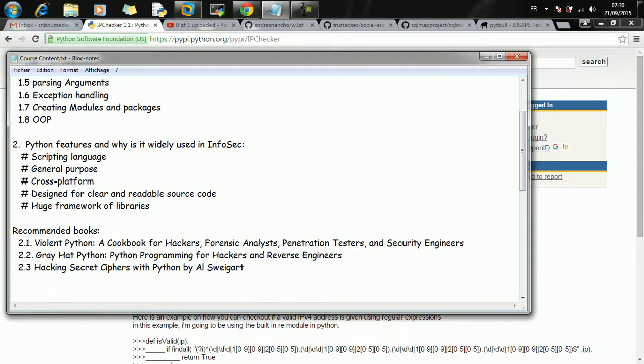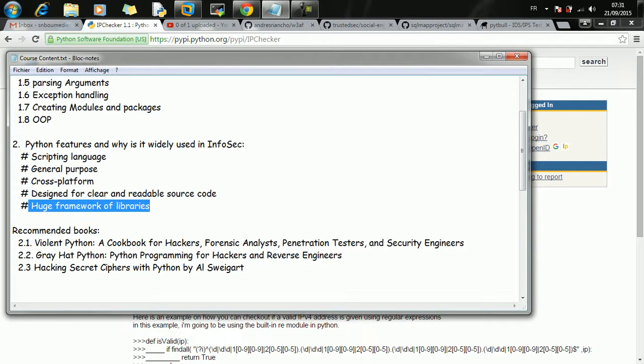You can install it on your mobile platform, like iPhone or Android. It is designed for clear and readable source code. Python has a pretty nice, easy to read syntax, and it's easy to understand, as you will see momentarily.